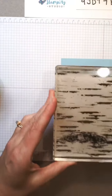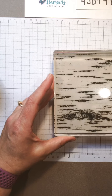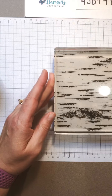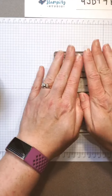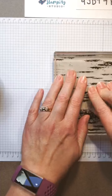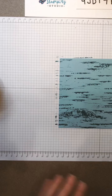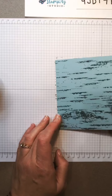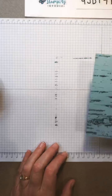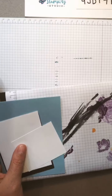All right, here we go. This is kind of tricky. It's hard to get it straight. And a lot of times it's not, but sometimes you just don't notice. But luckily paper's double-sided, so I get 2 tries. That's how I think of it. Oh, that is not bad. All right, we'll wash that later. I missed a little bit up here, but you know what? It's going to be okay. It is going to be okay. All right, so